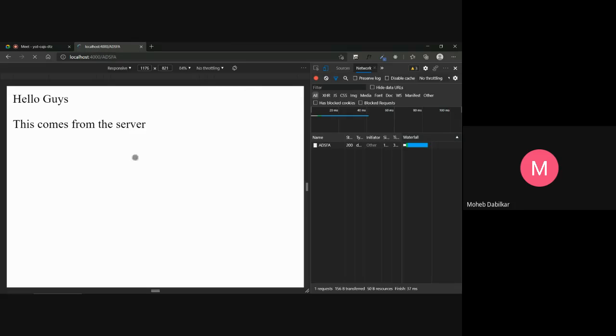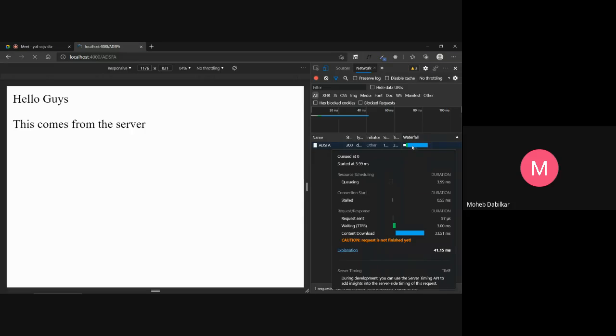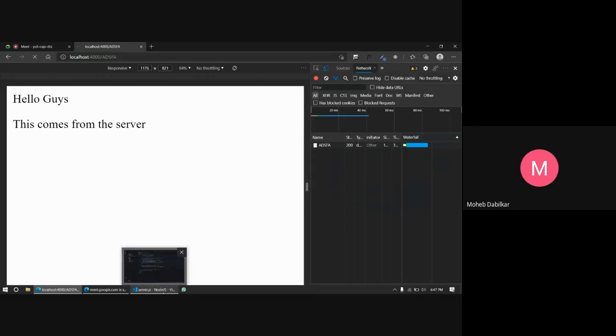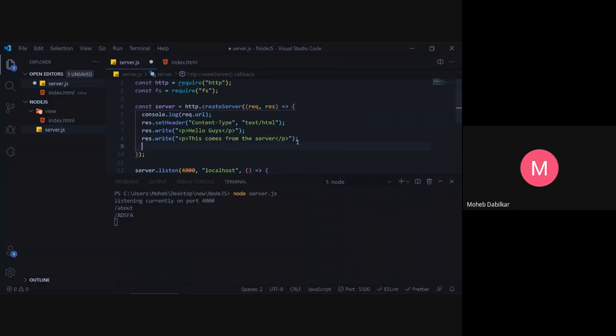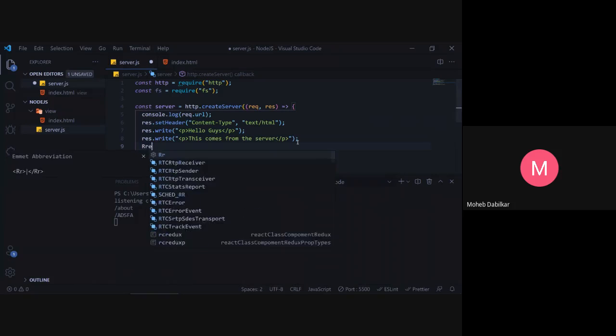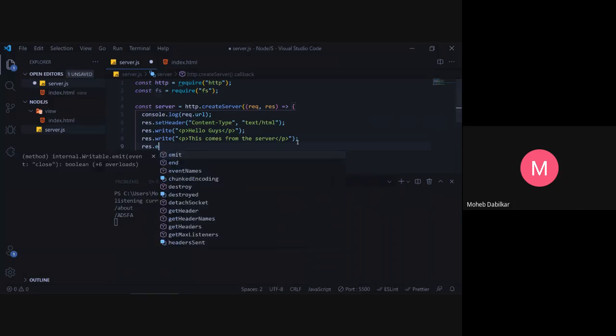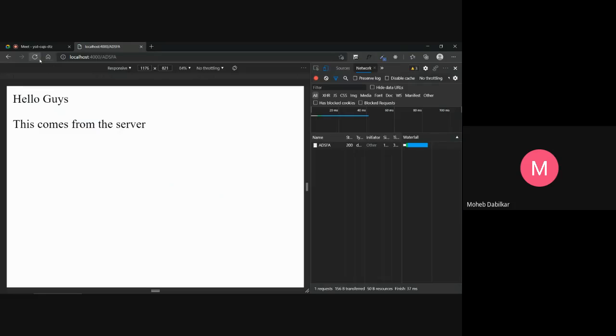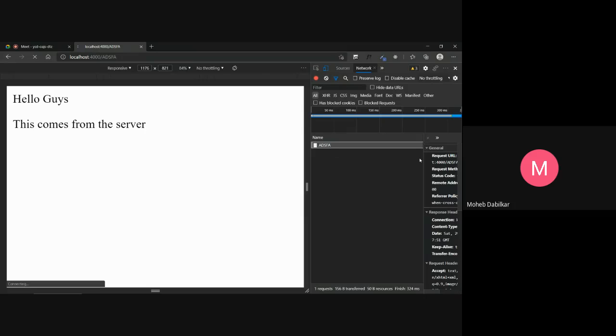You don't want this because now if you see this waterfall, the content download time shows the request is not finished yet. It will run indefinitely and usually fail, and in the end it will fail only. And it won't let you communicate back to the server, so we need to use response.end. It tells the browser, okay, the request has finished over here. Well, if now I refresh it, it is still loading.